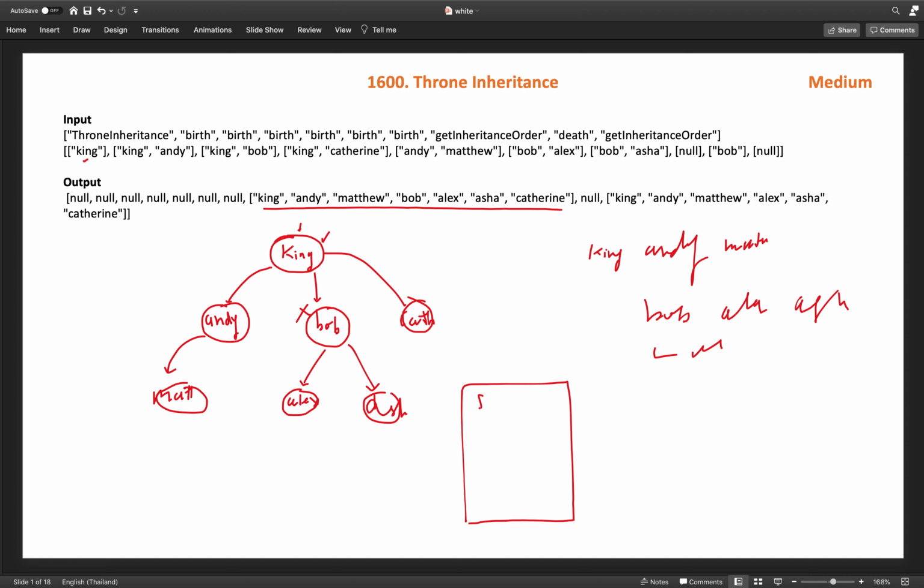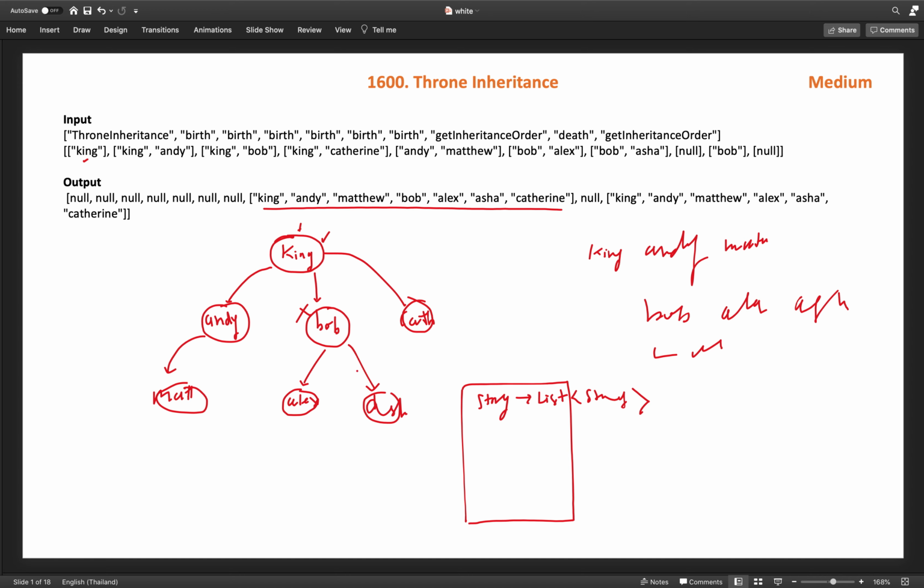So like this, a string as a key which is the parent name, and a list of strings, all the children of that parent. So this is how we will maintain this parent-child relationship, and we will add the children in the order they come in the input, like birth order, so that we maintain the ages of the children as well.